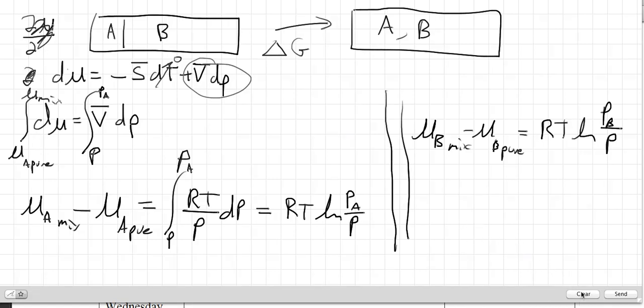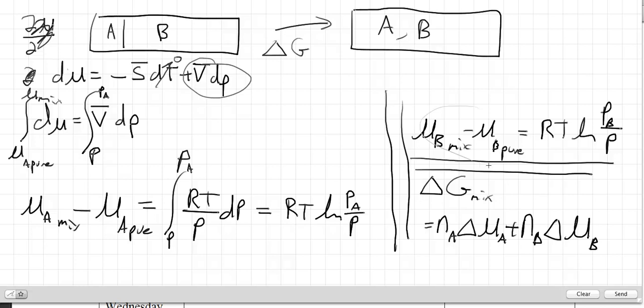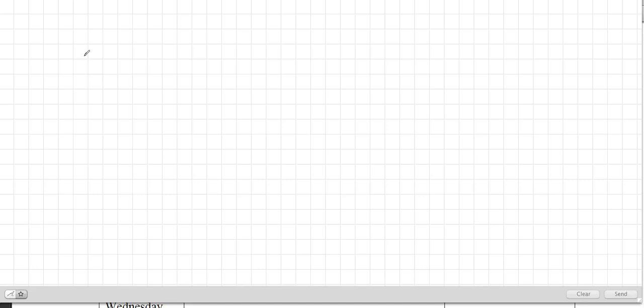So on the previous page, we had that delta G mix was just equal to NA delta mu A, right? This is mixed minus pure. And then the amount of B and the delta mu of B. Okay, we're calling this delta mu, right? How much mu changes when we mix. Okay, so if we plug those expressions, RT log of P in here, let's see what we get on the next page. We get the delta G mix